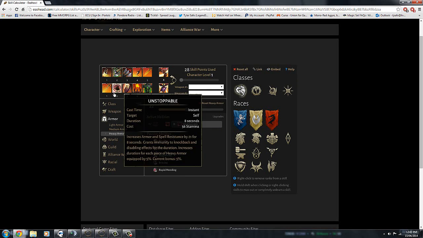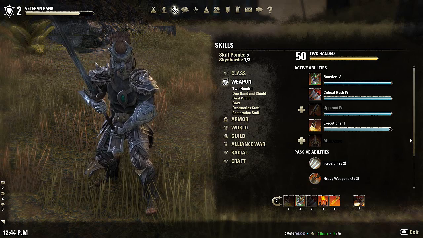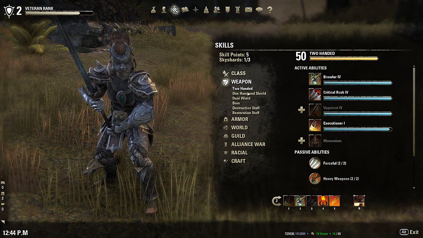You obviously don't need the taunt either, so take Unstoppable. It really is making you immune to CC for 8 seconds plus the upgrade, which gives you 5% per piece of armor, so you're going to get 11, 12 seconds when you're wearing full heavy armor like I am. So it's just a really great ability if you can keep running around and doing a lot of damage. One thing that's really important for this build is having the